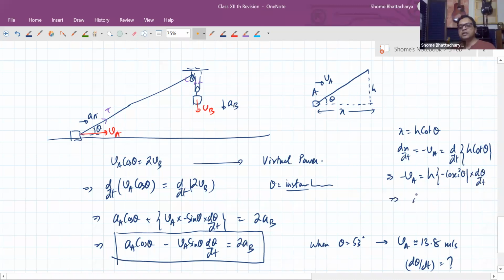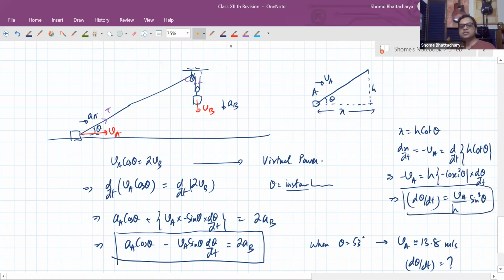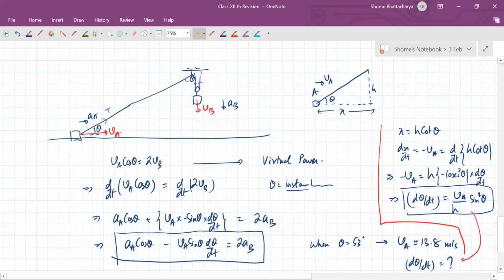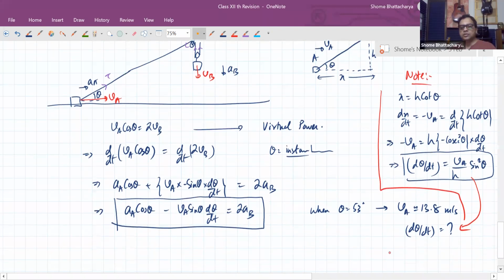So this will tell me that d theta by dt's instantaneous value is equal to VA's instantaneous value divided by h cosec square theta. So I can just write that as into h sin square theta. So this is an additional geometrical constraint. Okay, so this will have to be plugged in here. So we'll have to find out this value. Okay, so d theta by dt